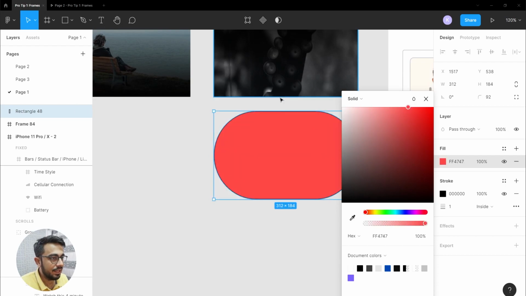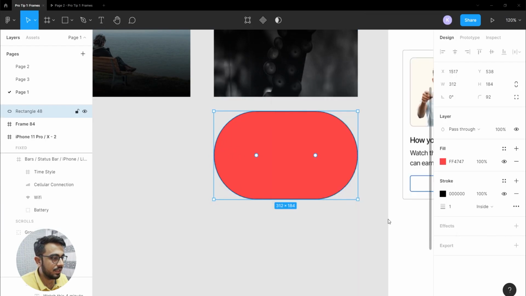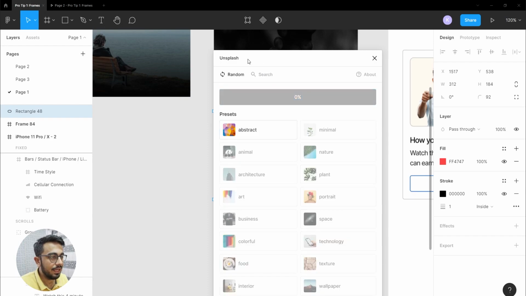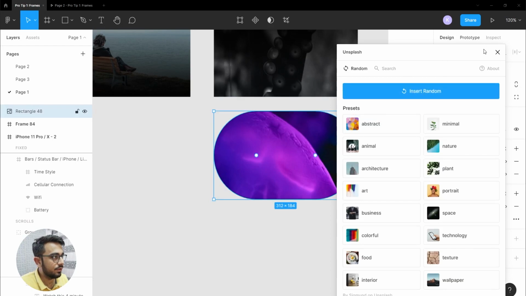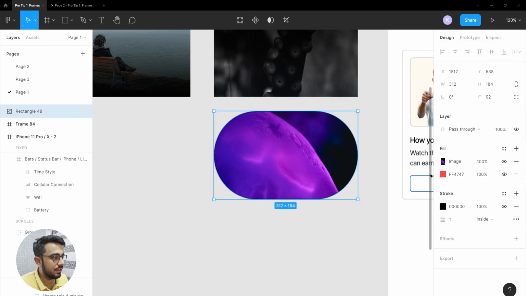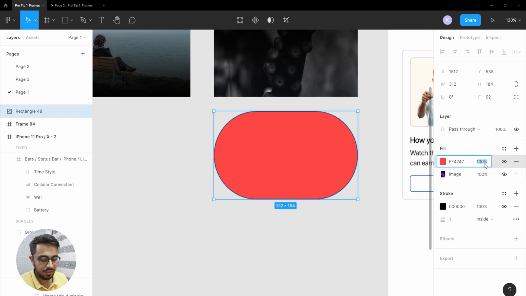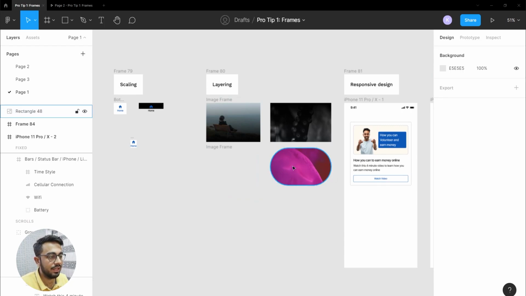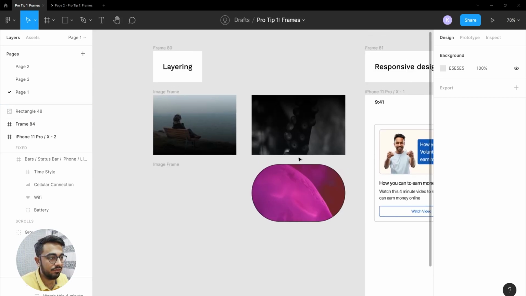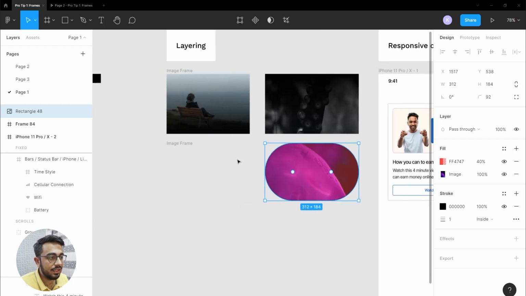Okay, so I am creating a rectangle, then I'll use the plugin Unsplash. I'll add an image to it. Okay, right. So in Figma, it is very easy to layer these different properties. Okay, but what if, so this is not contained. I cannot use it anywhere. I'll have to place it inside a frame or an artboard, which is what it is called in other design software like Sketch and Adobe XD. Unless and until I place it inside any other container element, I cannot use it in design.